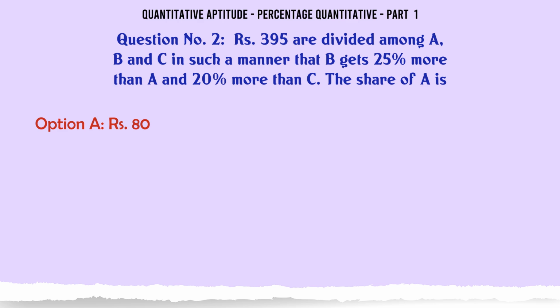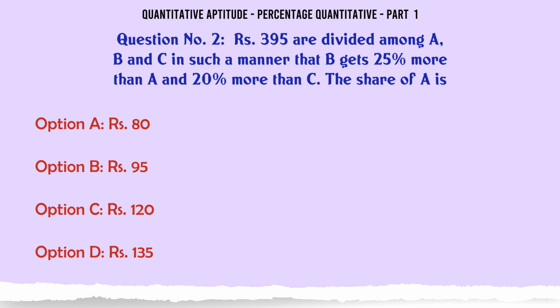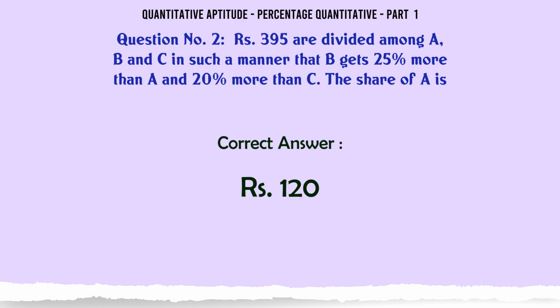395 rupees are divided among A, B and C in such a manner that B gets 25% more than A and 20% more than C. The share of A is: A 80 rupees, B 95 rupees, C 120 rupees, D 135 rupees. The correct answer is